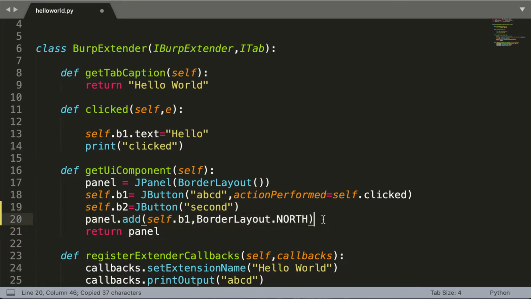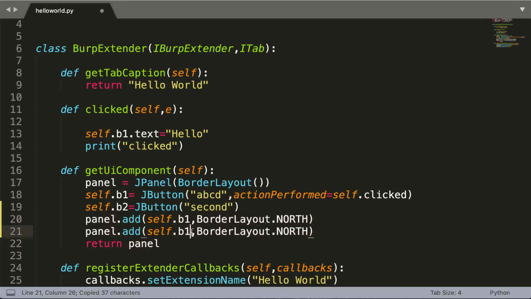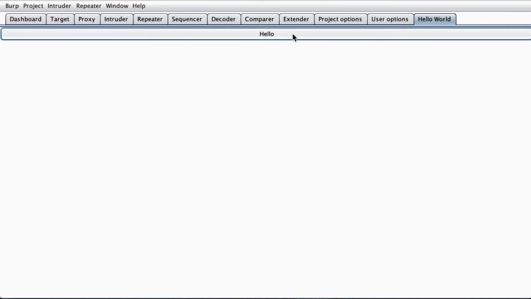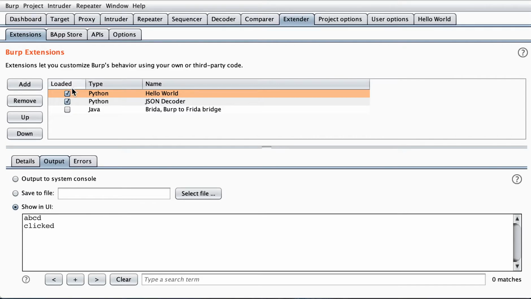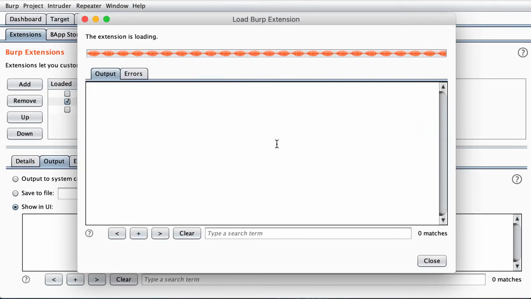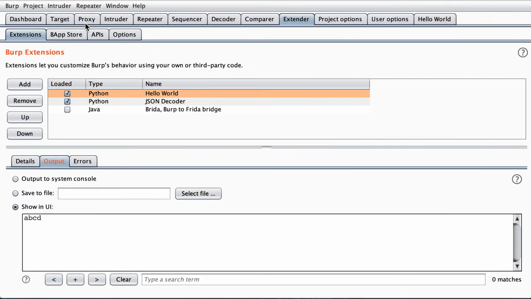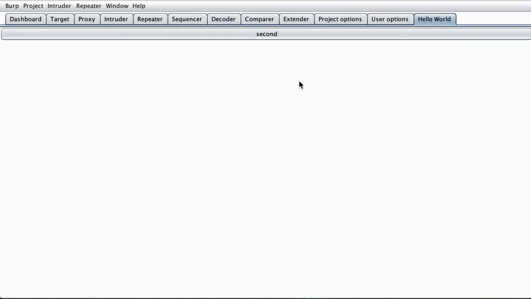Let me copy this and paste this, and change it to b2. I'm saving this, and it should be at the bottom of this hello, right? Reloading this extension by control or command and clicking on this checkbox, reloaded, and you can see that my first button is gone for good.